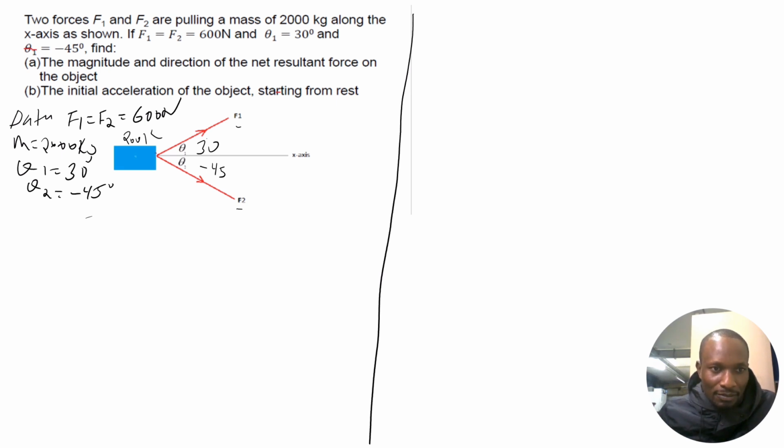So we can start by saying force 1, F1 in the x component, will be the magnitude of force 1, which is 600 newtons cos 30, and that's going to give us